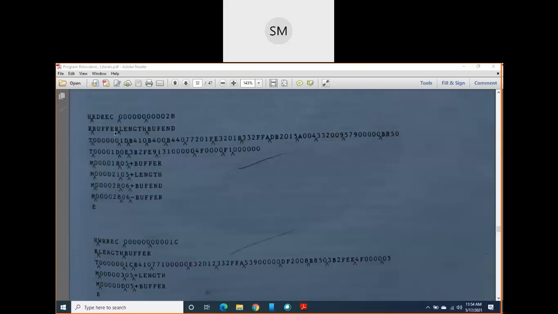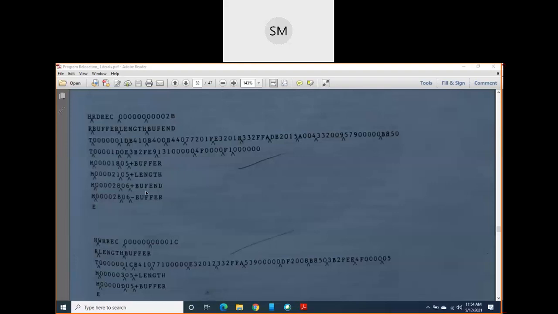Okay. So next immediately you should write the define record, but in your RDREC control section, you don't have that statement. Which statement? External definition statement. You have only external reference, so just keep on listing the symbols which you have written in the external reference statement. Then you write the text record, then you write the modification record, and you just write these same symbols whatever you have written here: BUFFER, LENGTH, BUFF and BUFFER. Okay. So why?